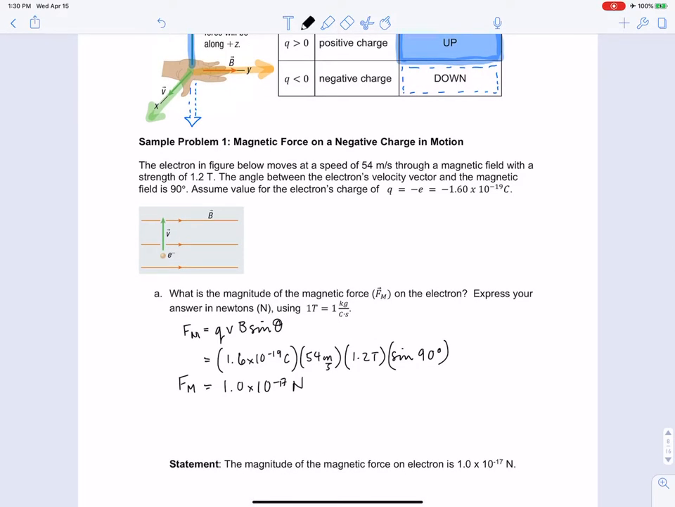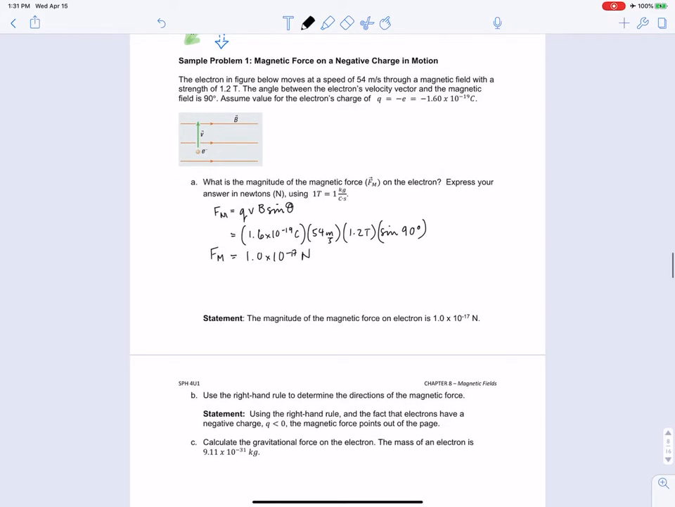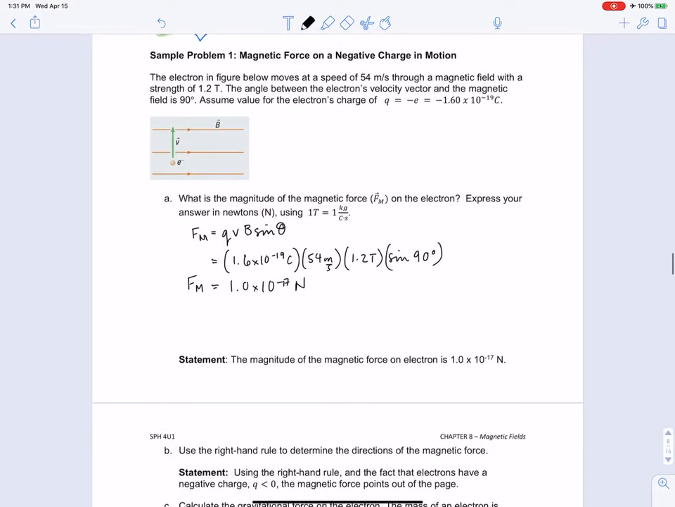Therefore, the magnitude of the magnetic force on the electron is 1 times 10 to the power of negative 19 newtons. Okay, in part B, they want us to use the right-hand rule to determine the direction of the magnetic force. So I'm going to draw a diagram, and we have to line up our thumb with